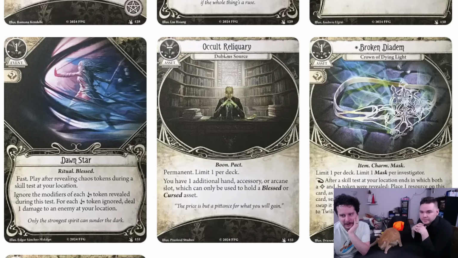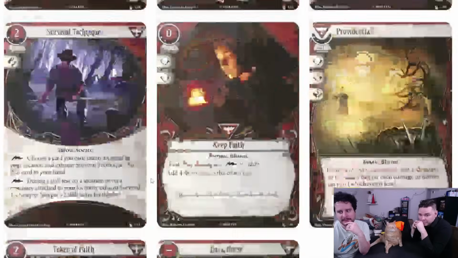Oh. All right. Occult Reliquary, 3 cost, 3 experience, permanent, limit 1 per deck. You have 1 additional hand or accessory arcane slot, which can only be used to hold a blessed or cursed asset. I love that. Like, for example...